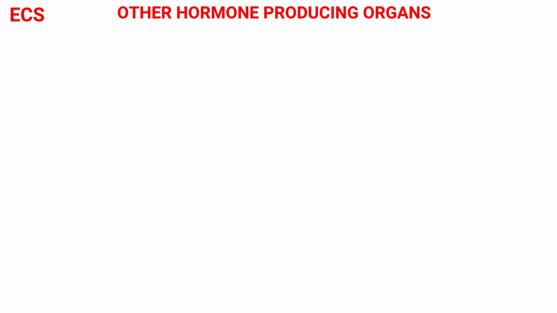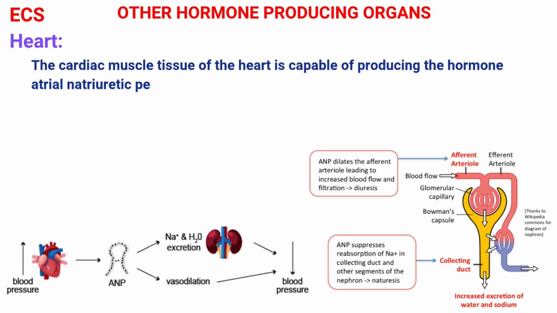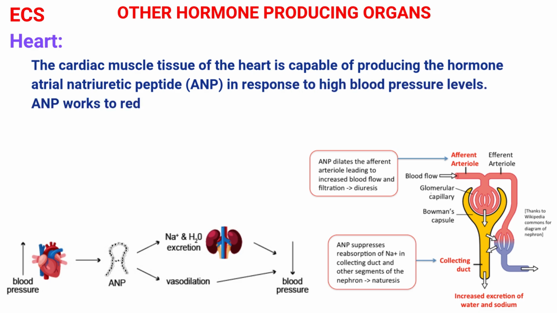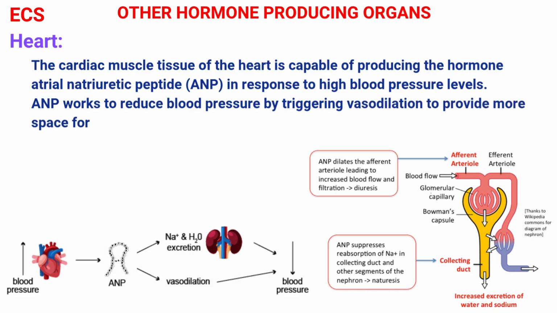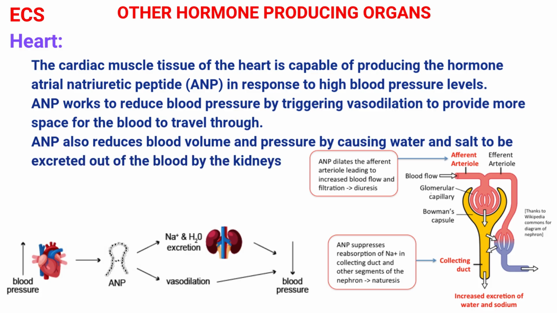In addition to the glands of the endocrine system, many other non-glandular organs and tissues in the body produce hormones as well. The cardiac muscle tissue of the heart is capable of producing the hormone atrial natriuretic peptide in response to high blood pressure levels. Atrial natriuretic peptide works to reduce blood pressure by triggering vasodilation to provide more space for the blood to travel through. ANP also reduces blood volume and pressure by causing water and salt to be excreted out of the blood